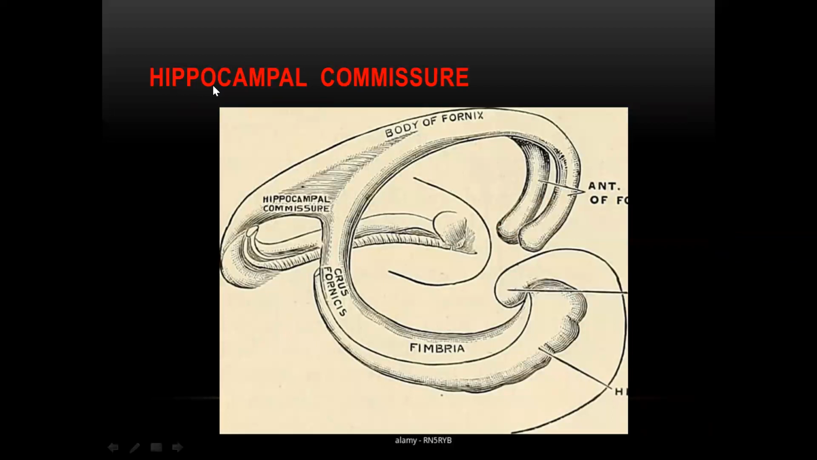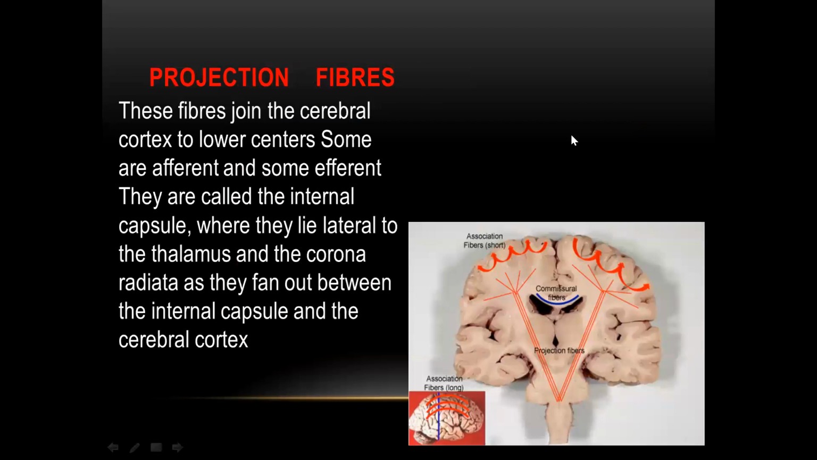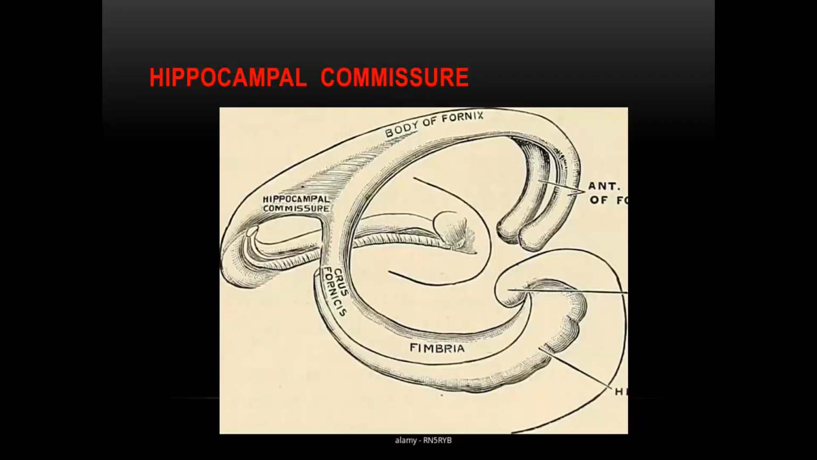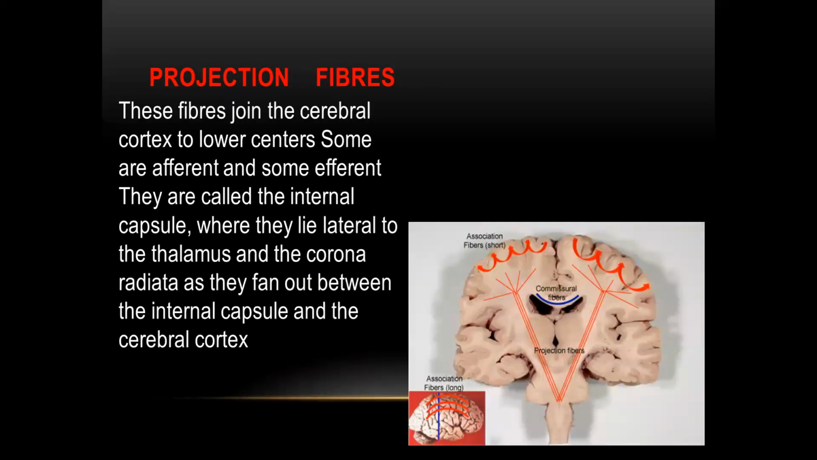Another commissure is the hippocampal commissure, also called the fornicial commissure. It is connected between the fornixes of the lateral ventricle, and the connection between them is called the hippocampal commissure. Now we complete the commissural fibers, in rapid review: the corpus callosum, anterior commissure, posterior commissure, habenular commissure, and hippocampal commissure. Now the projection fibers connect the cerebral cortex and hemispheres